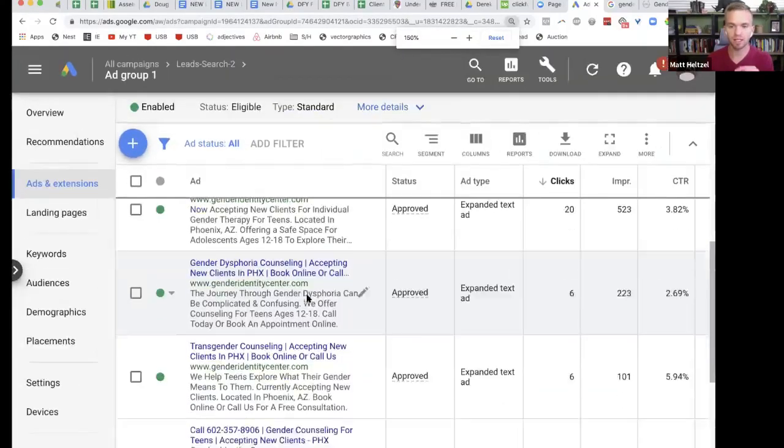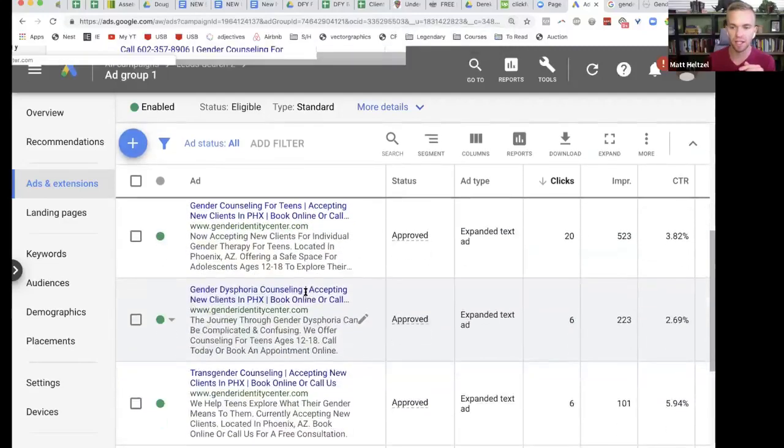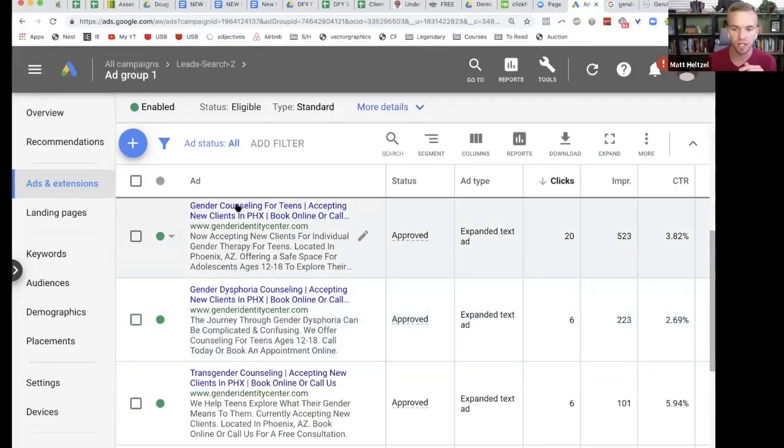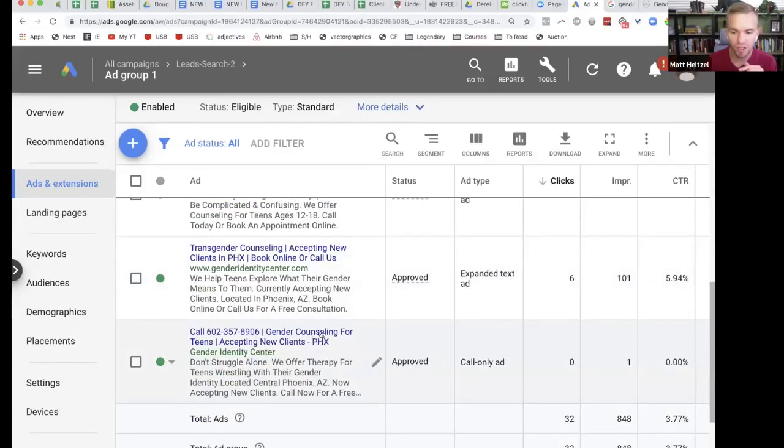That's why it's important in these ads that I've created to say counseling, counseling, counseling, counseling. Do you guys understand? Does that make sense? Please type yes if this makes sense. Because there's going to be some searches where people aren't saying, I want counseling, I want therapy.